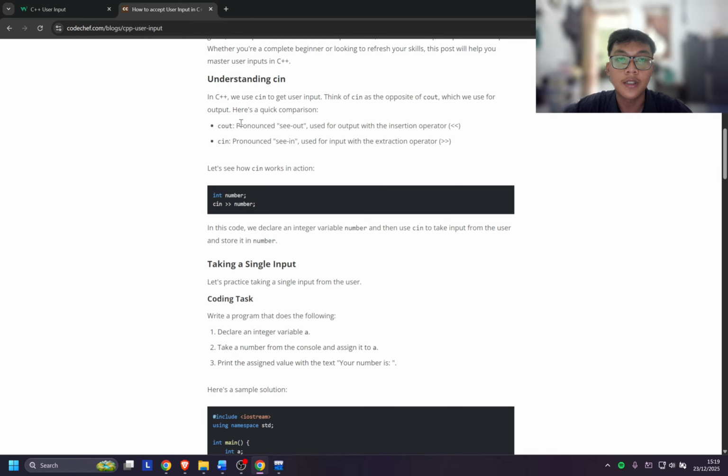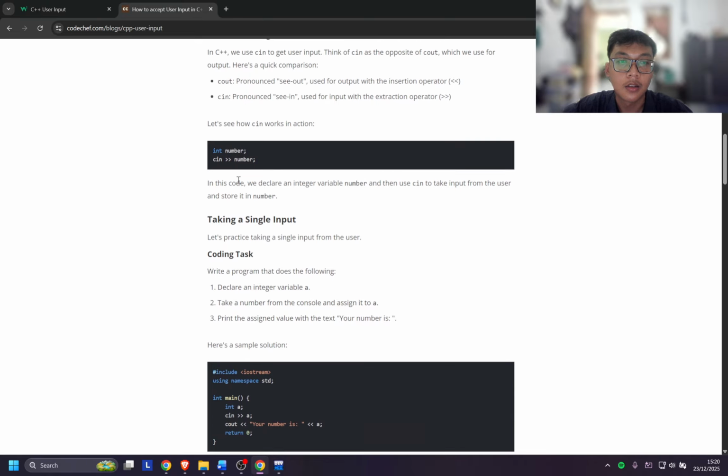Cout is pronounced "c-out", used for output with the insertion operator like this. Cin is pronounced "c-in", used for input with the extraction operator like this.